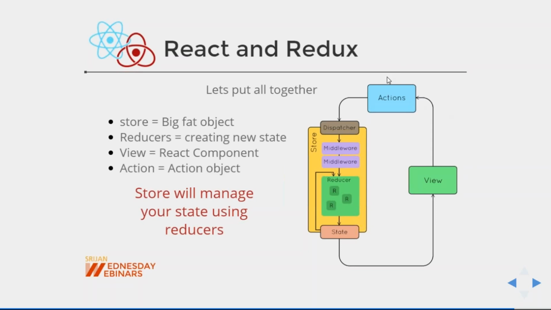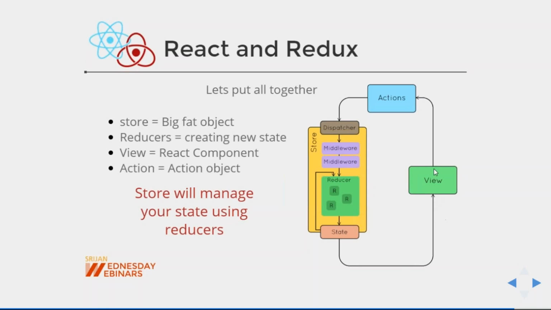I have these actions which I will be firing from the UI layer, from the React component, and we don't have a dispatcher, so you can forget about this dispatcher component. I have this big yellow fat object where I have these reducers, reducer 1, reducer 2, reducer 3, which are actually updating the different state objects. Then I need to combine all the reducers and create one common state tree. So principle number 1, a Redux application has a single state object. So here we have multiple reducers, we need to combine all those reducers and give that to the state. So now we have the final state of our Redux application.